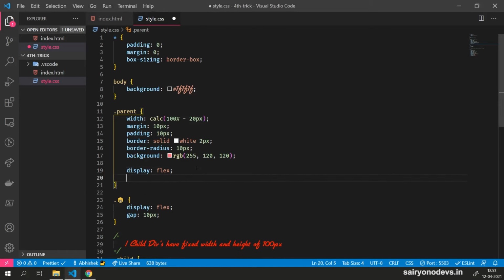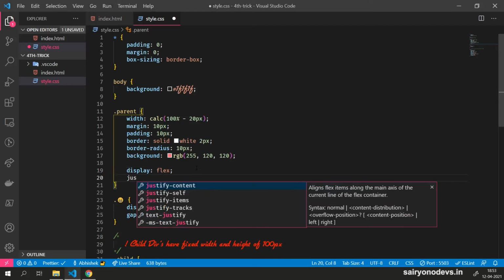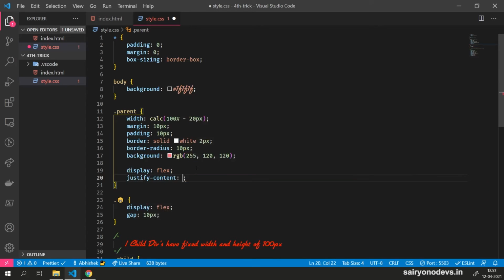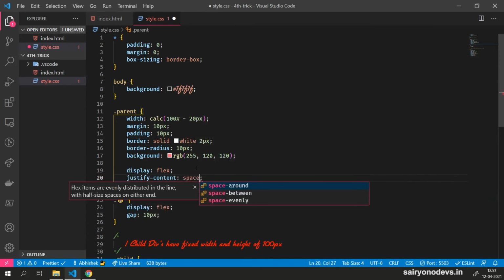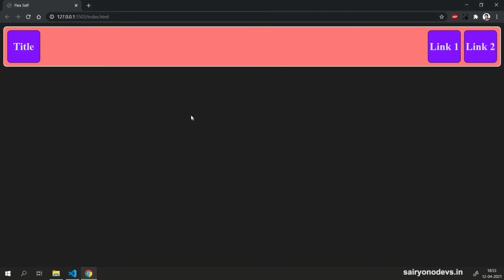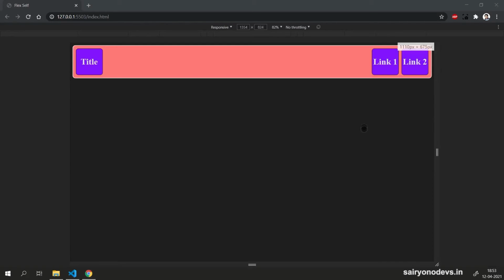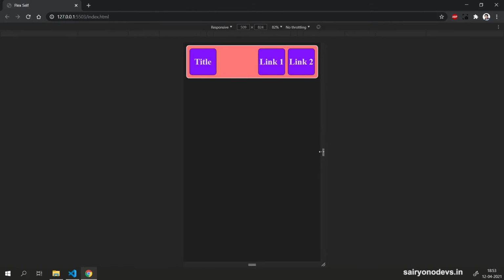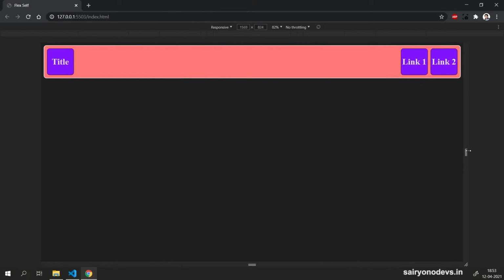So in the parent div, we just have to add justify content space between, and yep, there you go. And this is completely responsive. So as we shrink the screen, the title always remains at the left and the links are always at the right.